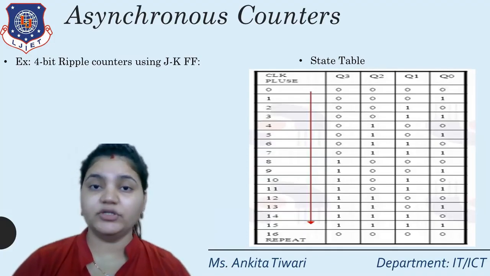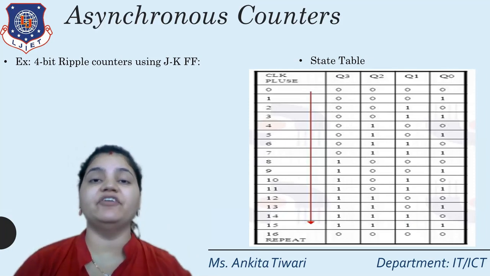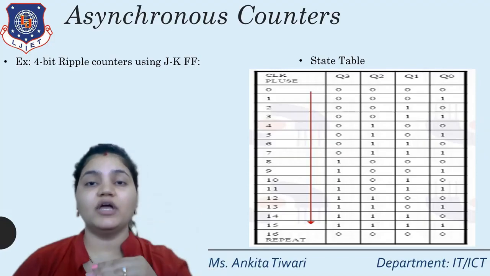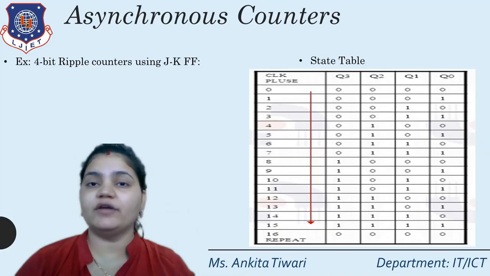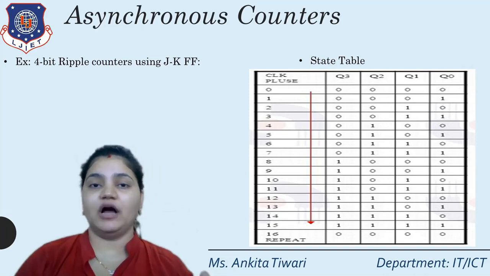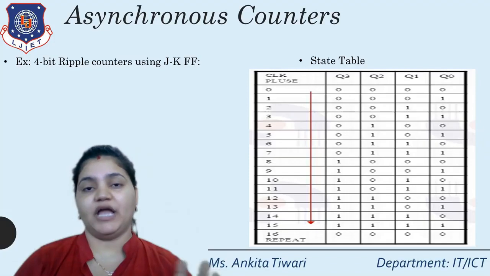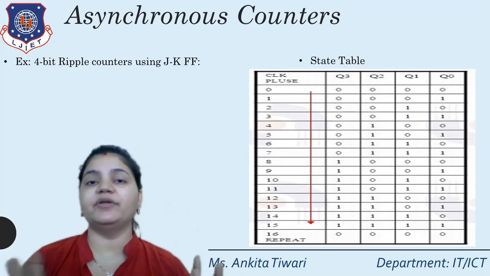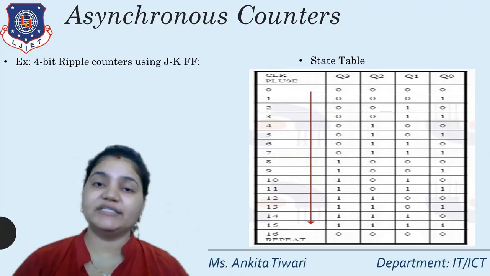Now, if I am talking about the down counter, the reverse will be the condition. That means we'll start with 15, that is 1, 1, 1, 1, and we will reach till 0, 0, 0, 0. And after 0, 0, 0, 0, the next state will be, but of course, 1, 1, 1, 1. This is the concept of a down counter. It is always the reverse of the up counter. When we are talking about down, it will be the reverse of up, and if we are talking about up, it will be the reverse of down. So this is what the concept of up and down counter is based on.